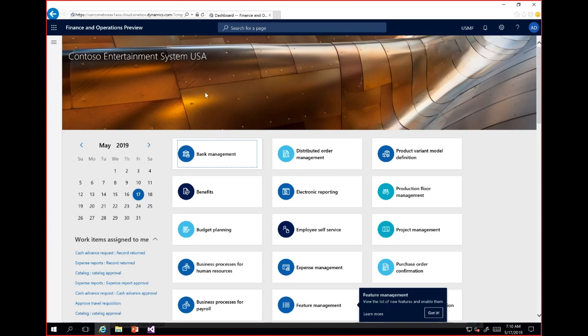So when you come in on the next release that you get, anytime you have platform 27 or 10.0.3 for the 10 users, you're going to see a new workspace. It's down here in this case, at the bottom of the screen. It says feature management. You'll get a little toast that pops up and says, hey, feature management's brand new. View the list of features that enable them. So if you click on learn more,